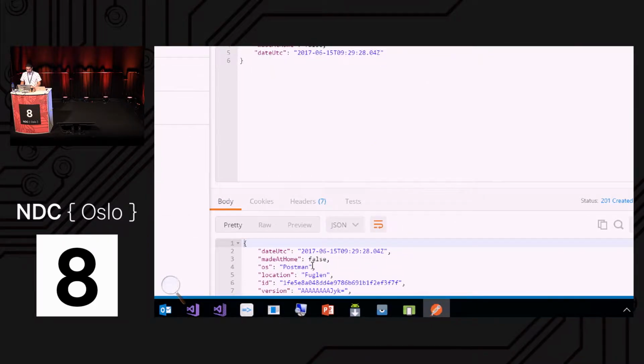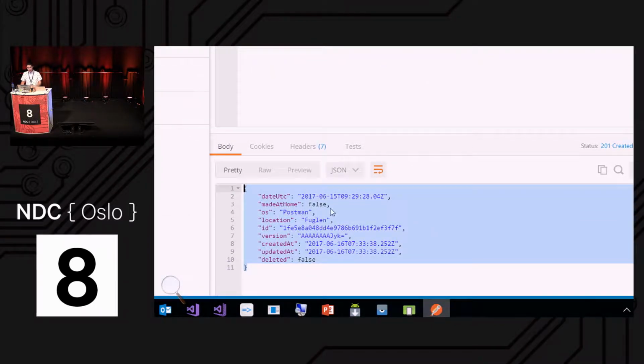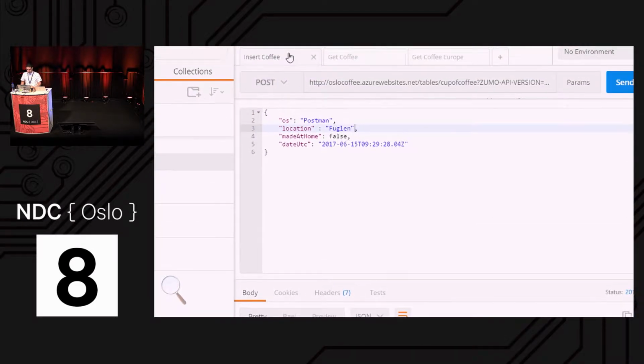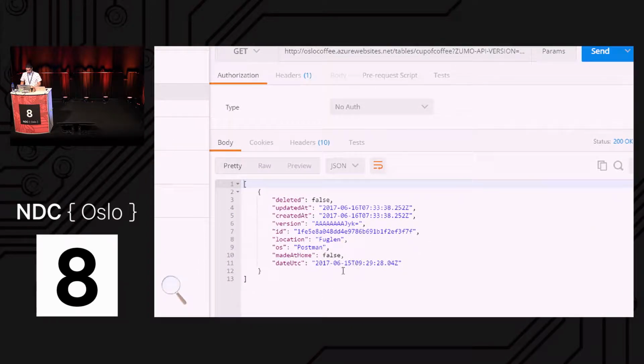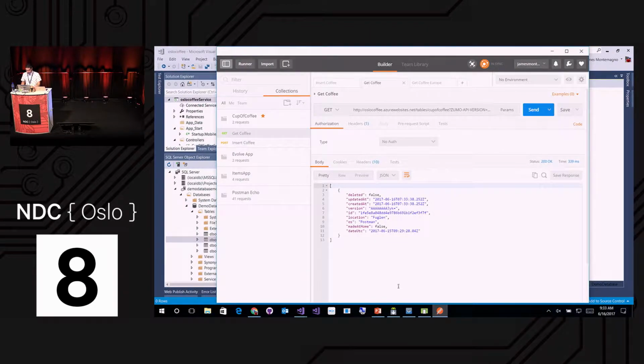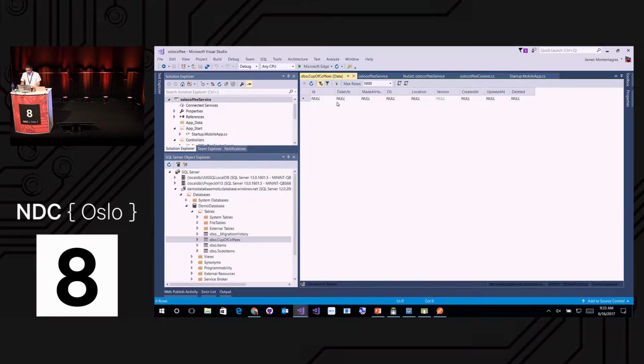When I do that, I get the actual response back showing when I added it. It came from Postman, and here's all my data. If I come back into my gets and hit send, there we go. There's my data that just came in, and I'm talking to that backend. In fact, you know that I'm talking to that backend because when I come over here and hit refresh and let Visual Studio freeze again, and it refreshes that SQL connection, what we're going to see up top,